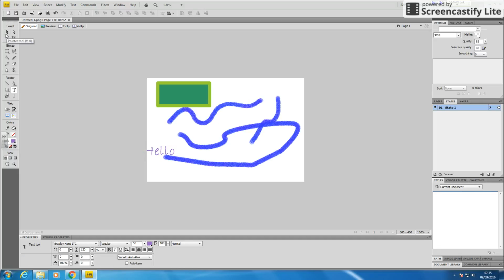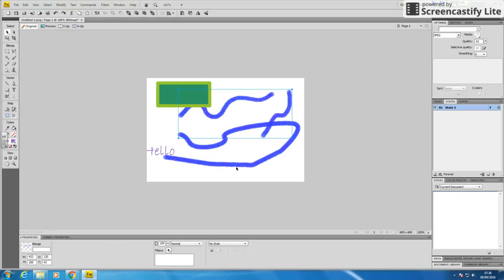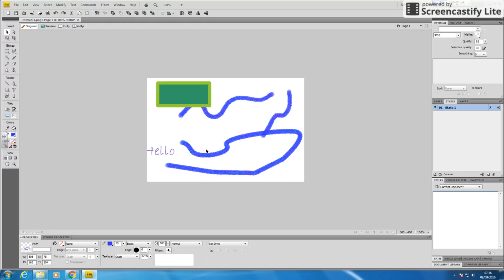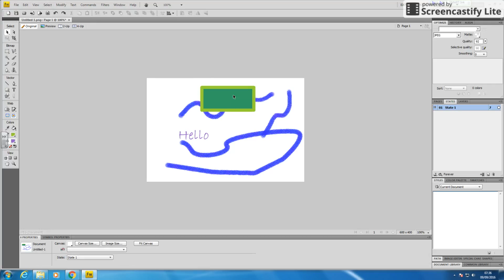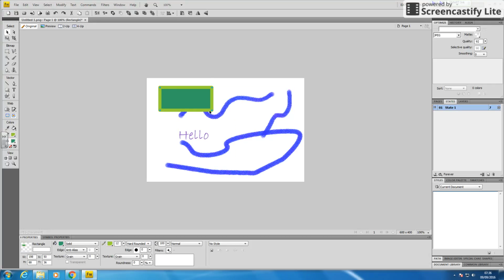If you go back to this filled in arrow at the top, that's your selection tool. I can then select any of these areas that I want. So if I hover over a line, it goes red. I click on it, I can drag it. Text will be a red box. If I hover over here, the dots go red, and we can click and we can move. We can go to the corners and we can resize. Okay, on a line that you've clicked around, you can go to one of the dots,